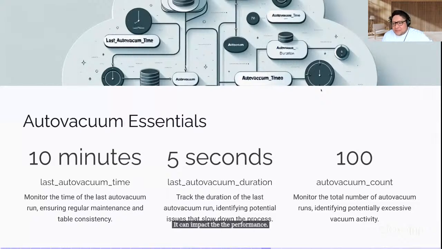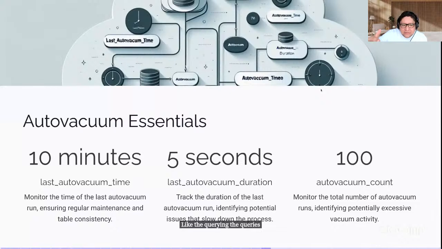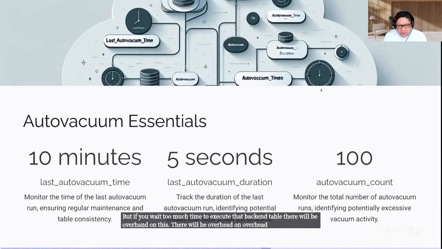Not doing vacuums impacts performance because you will have more dead tuples, so more versions, and the querying takes longer. But if you wait too long to execute a vacuum on a table, that will be overhead on disk. That will be overhead on the shared resources. So that will impact the queries.